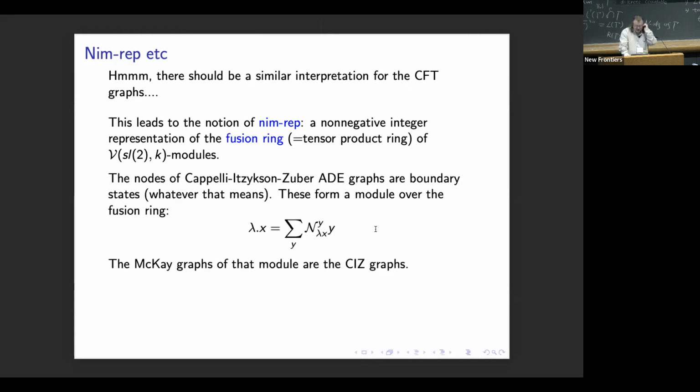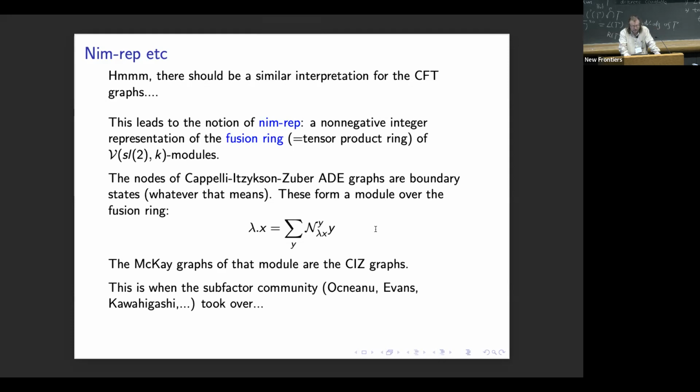For these extension type things, the condensation examples, the ones that I'm focusing on in my talk, the nodes of these graphs are going to be the rep A modules, and you again get a natural tensor product there. I don't have time to get into this, but you get a representation of the fusion ring,